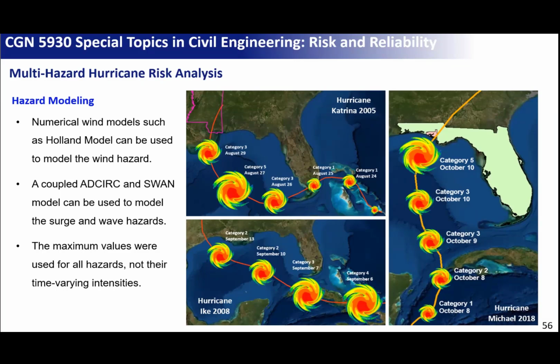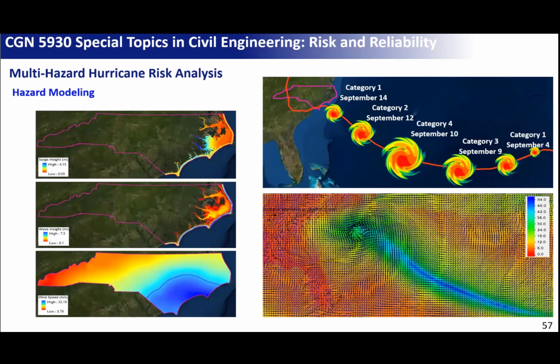And also we were able to use a numerical model for the wind model using the Pullen model. For example, this is the state of North Carolina, and this is Hurricane Florence. These are the hazard maps, how it looks. This is the wind speed for the entire state. Most of the wind speed, like this line, is 33 meters per second. So all this is exposed to wind speed less than 31 meters per second, which is like, if you have